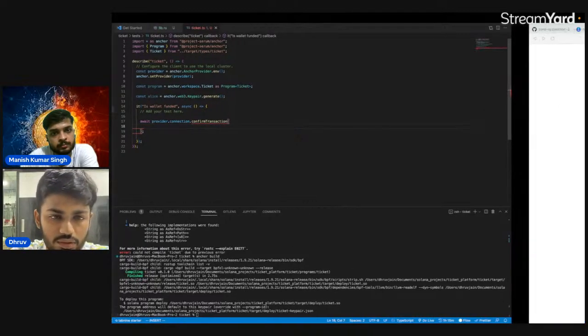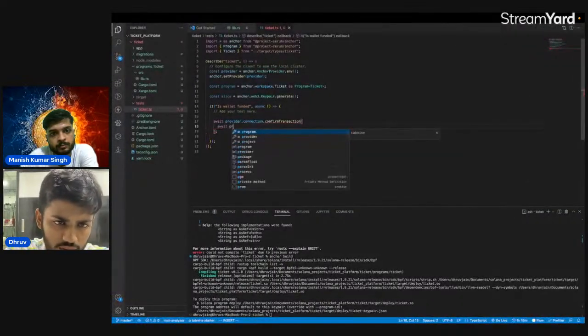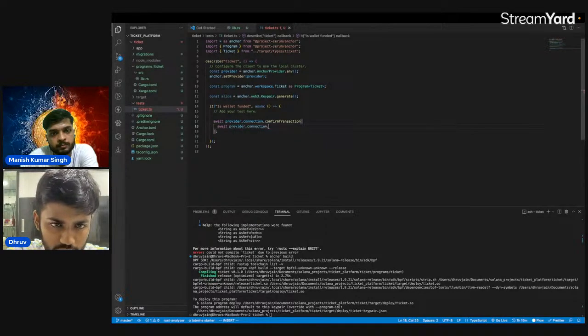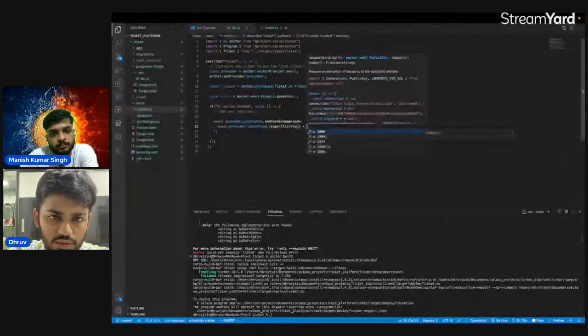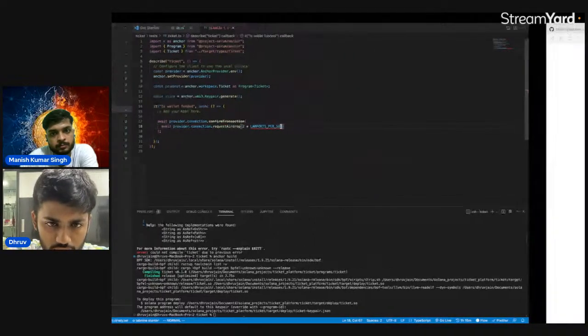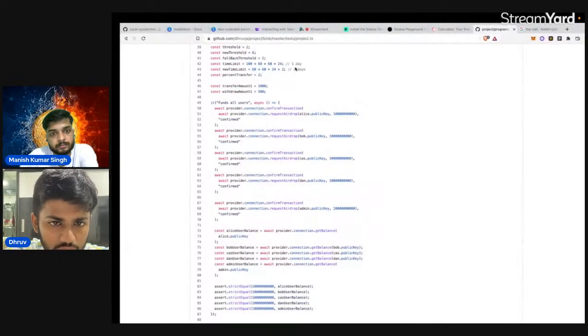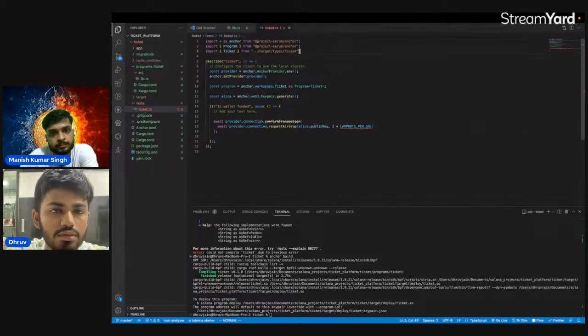And then here we need to fund. Okay, request airdrop, provider dot airdrop. And then I can request two SOL in lamports. And then I need to specify to whom I'm doing the airdrop. So it's imported from